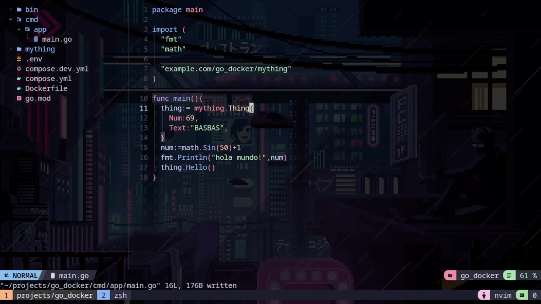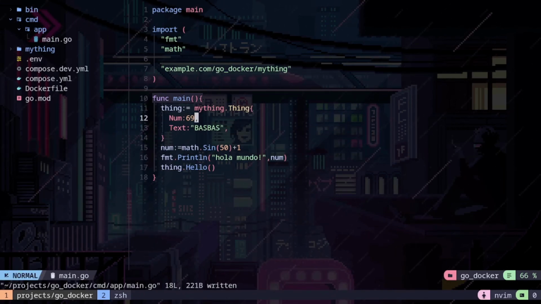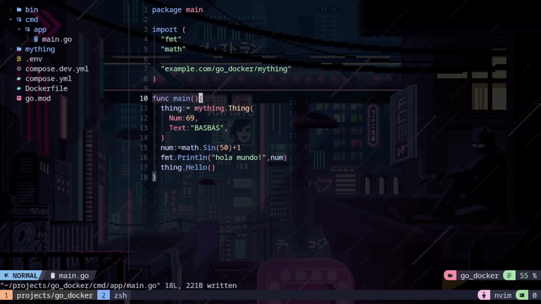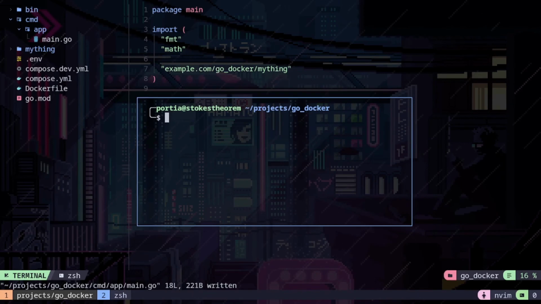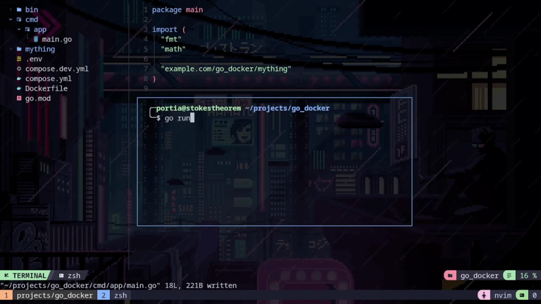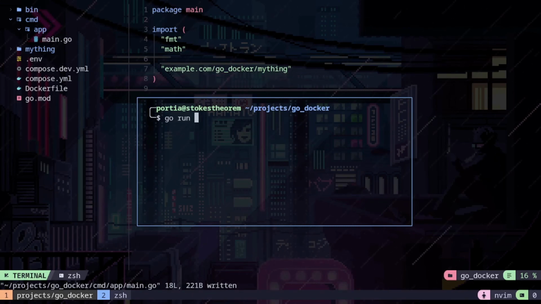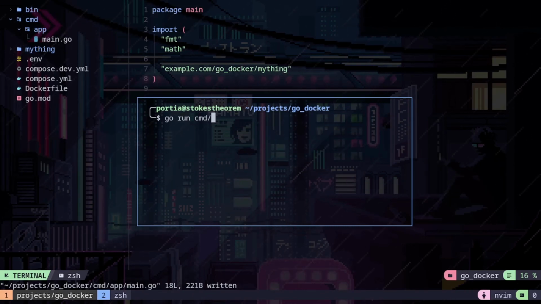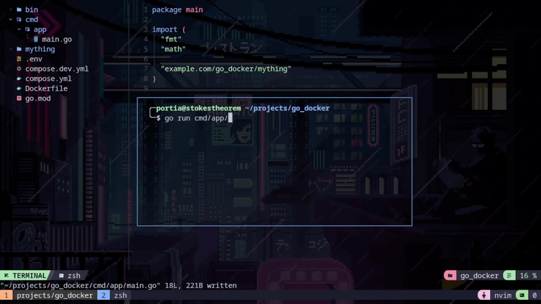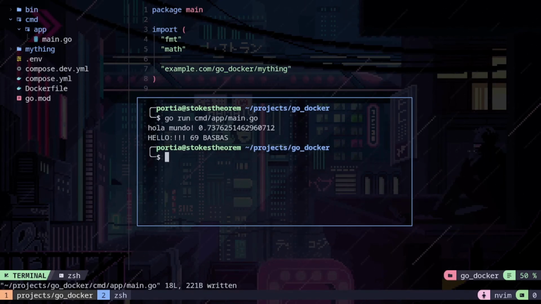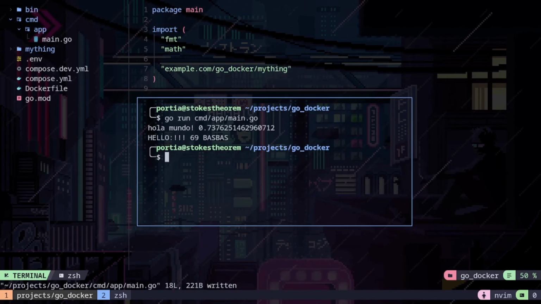Yeah, we need to be able to do this, and we did. So now this is just for show. To run cmd main.go, and wow, so